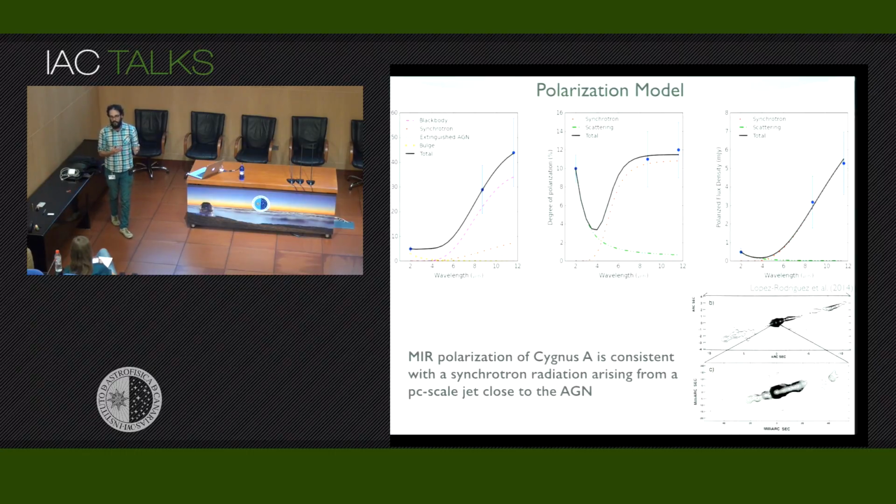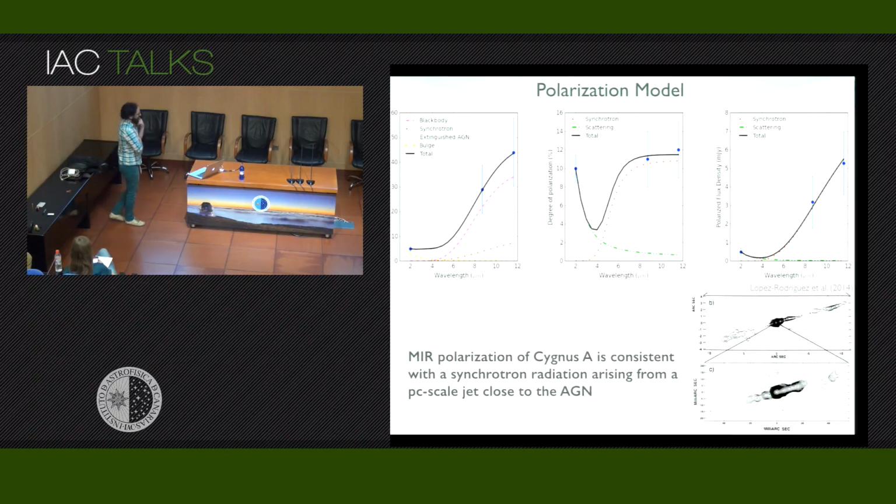So then we asked how unique this model is. So we compare with dichroic absorption. We know that we have this huge dust lane in front of the AGN. So in order to obtain 11% polarization in the mid-infrared, we need to have all the dust grains perfectly aligned in our line of sight, like we have 100% of just some column of dust in our line of sight. So we need 100% of the dust grains aligned in order to have it. So this is kind of not physically